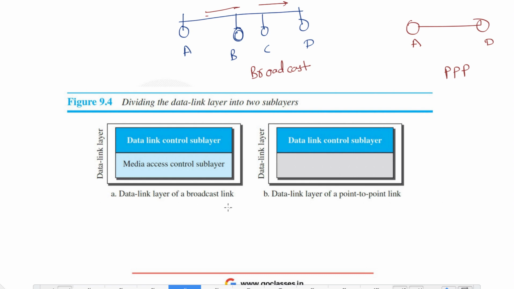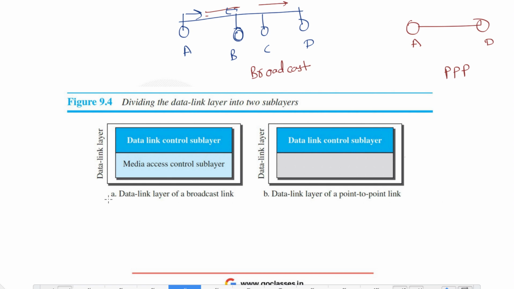Now, in the case of a broadcast link, there is a protocol called the media access control protocol. Why do we need that protocol? Because in the case of a broadcast link, if every host sends the packet randomly or without any protocol, then there will be a lot of collisions, right? Suppose A is sending, B is also sending at the same time, and C sends something, then there will be a lot of collisions. So in that case, we will need some protocols. And in this video, we will study that access control protocol only.